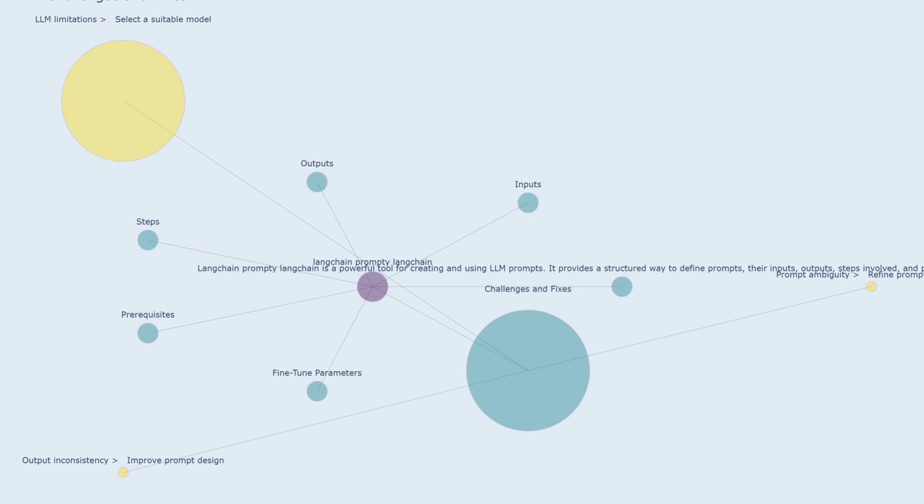LLM limitations refer to the inherent constraints of LLMs. LLMs are trained on massive datasets, but they are still limited in their ability to understand complex concepts, handle nuanced reasoning, and generate truly original content. To address this,